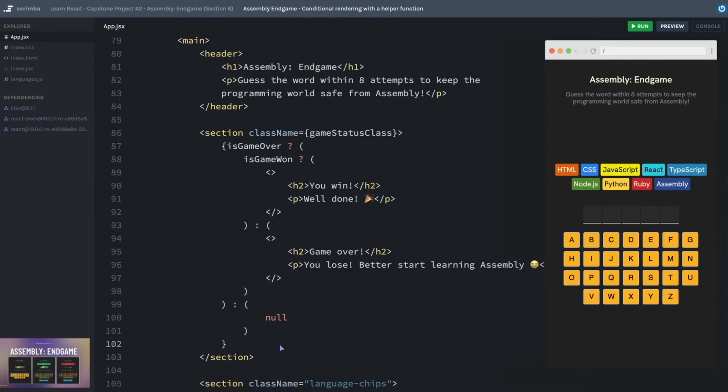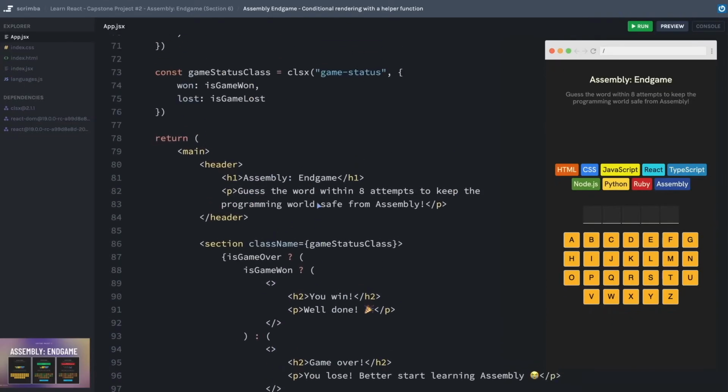It might be tempting to think, well, I can just simplify all of this crazy ternary logic by putting an if-else statement directly inside. However, as it turns out, we can't use if-else statements inside of our JSX expressions like this. And that's because if-else statements don't implicitly return anything. An expression, on the other hand, like a ternary, does automatically return these values. And since they get returned as a JavaScript expression automatically does, then it can get rendered to the page. However, that doesn't stop us from using an if-else statement inside of a helper function.